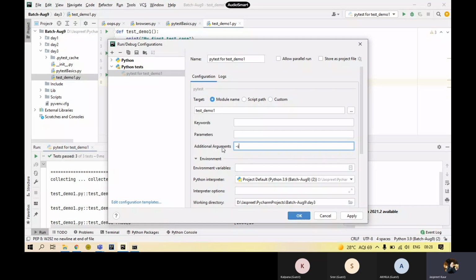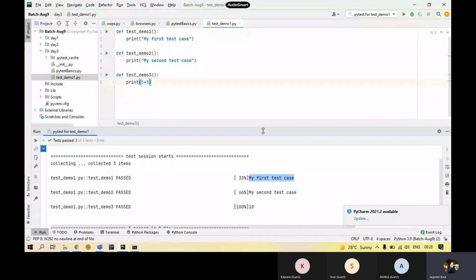By this, it will allow you to print the statements, the print statements that you have given inside your test case, on your console. Otherwise, it's not going to print in some cases. In my case, it is being printed, so it's okay, but it gives you a proper error that it's not allowed and you need to update this. So I'll save this and I'll run this.